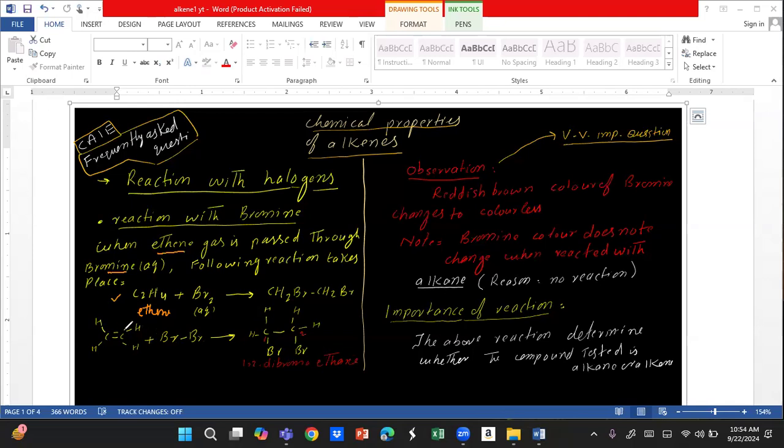For example, ethene has a double covalent bond. So this double covalent bond shows that this reaction is applicable to all those unsaturated organic compounds where there is a double covalent bond. This bromine has a single covalent bond. This will be broken, and this double bond, especially this bond, will be broken as well. So when this bond is broken, one bromine atom will go to this carbon, the other bromine atom will go to this carbon. After breakage of the double bond, two electrons are available with ethene. So ethene will be converted into